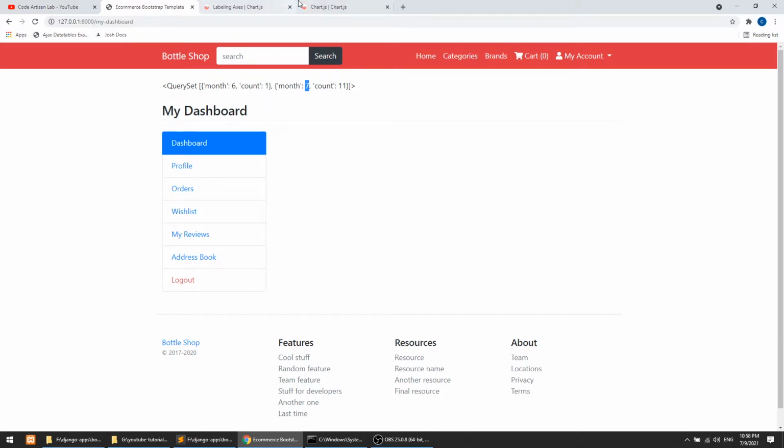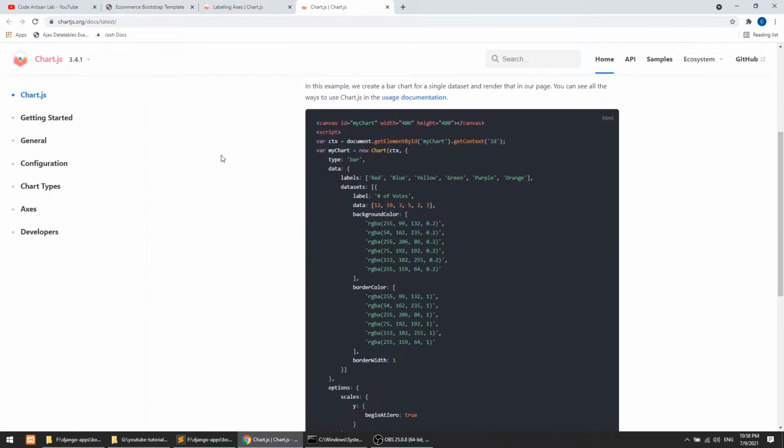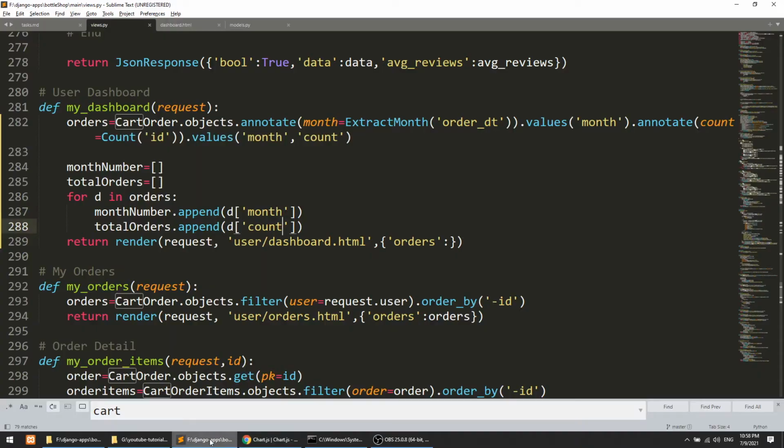Let me show you. When we use the chart library, we need labels and we need data. So I will fetch the label as the month, this will be our x-axis, and the data will be our y-axis. So that I'm getting this in different variables, and I will put that variable here.